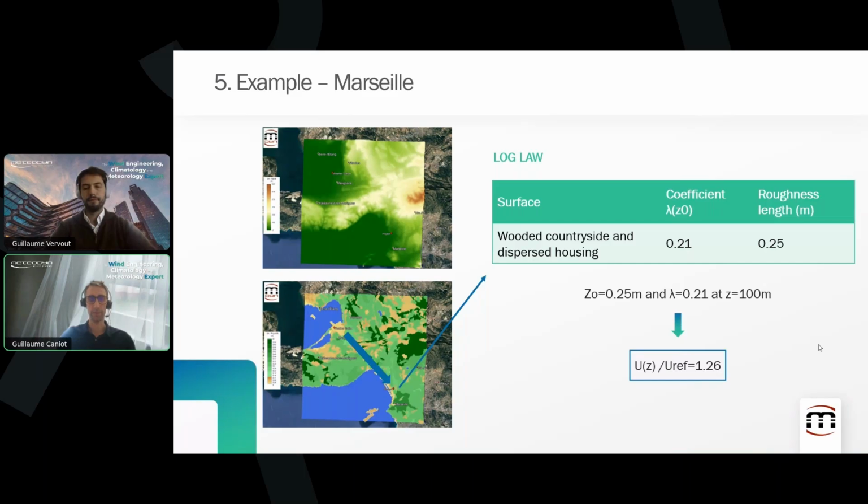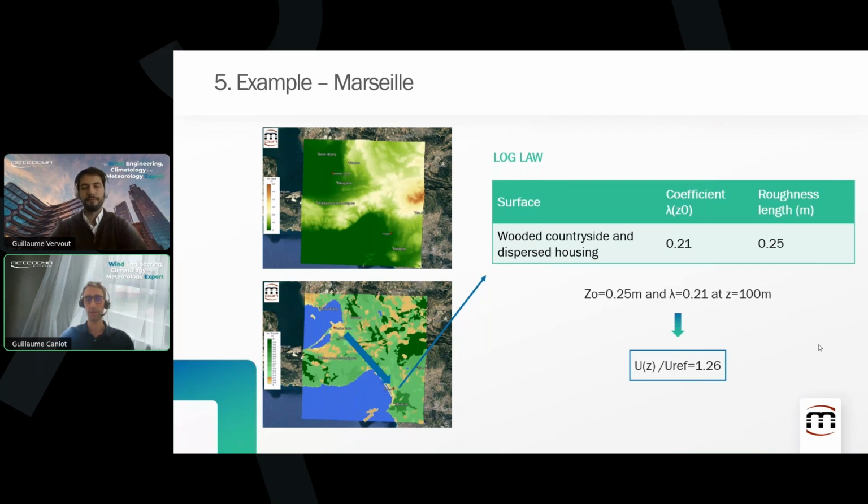You have topography on the top left, and on the bottom left, the land occupation. And we transfer from the airport, you see the arrow pointing to the bottom right, so we transfer to dispersed housing,